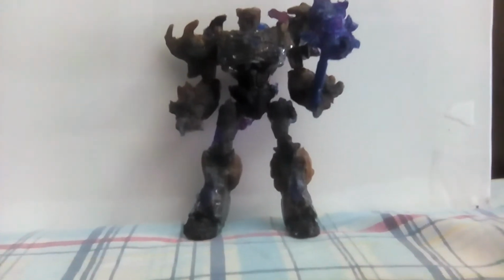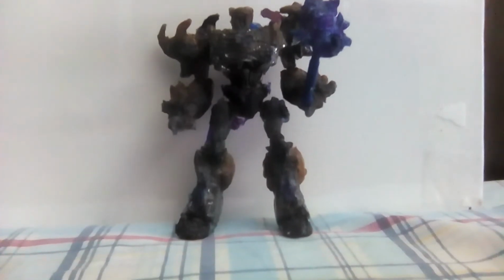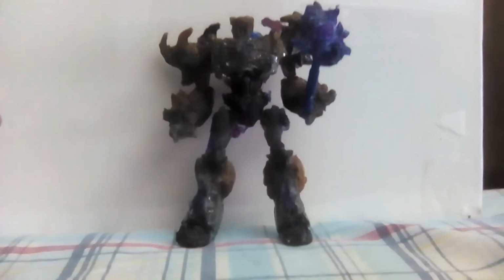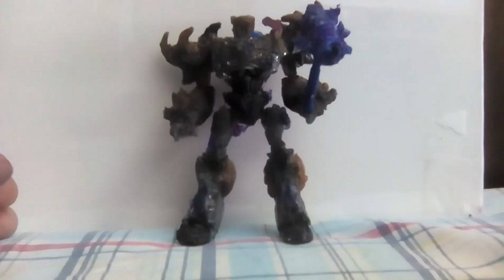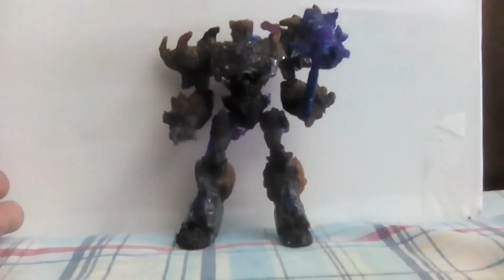Hello everyone, today we're going to be taking a look at my custom Transformers Prime, Beast Hunters, Predacons Rising, Megatron Unicron custom figure. And I know it's kind of late because in 2013, I believe the movie Predacons Rising came out, and I'm kind of late, but I made this figure a long time ago. But today, and I've been working on it and upgrading it and updating it, but finally here he is,